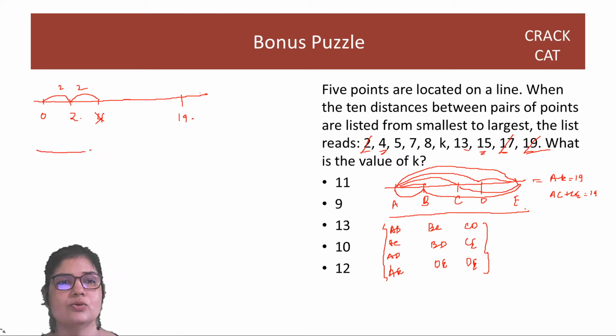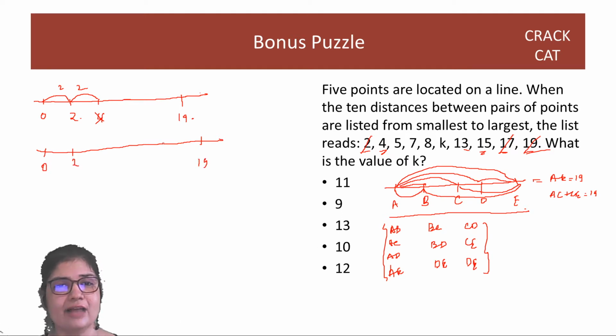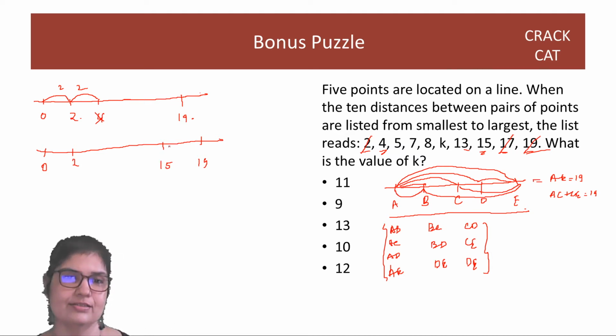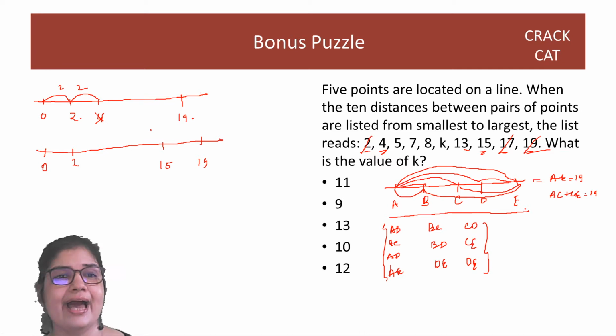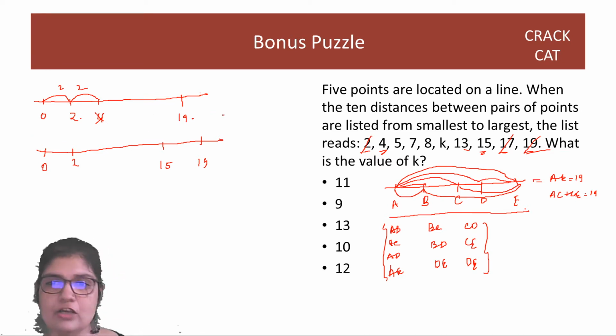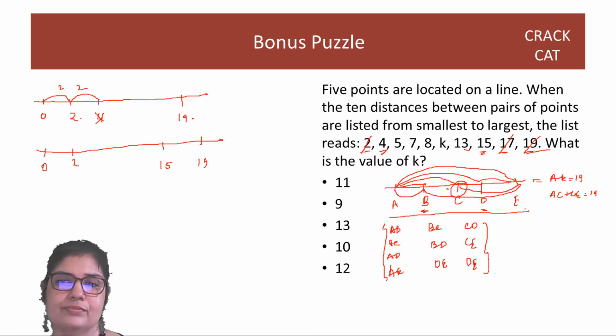Okay? So the right way to get the 4 is not from the 0 side, but from the 19 side. So you have 0, you have 2, you have 19, and then from here 4 and 15 will give you the right answer, right? So you have 4 from here and 15 here. That gives you the sum of 19. So we have actually found out B first and D first. We now need to find C. Okay?